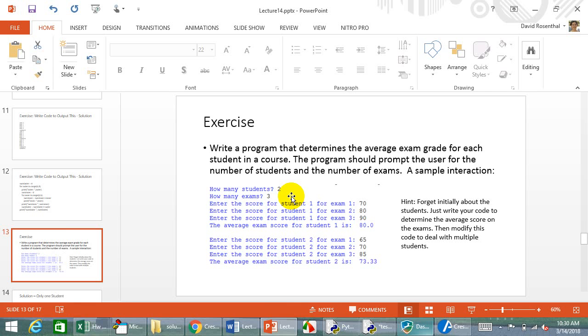What if I said to you, write a program that prompts the person for entering in the number of exams that they give. In this case, they would type in 3. And then print out the prompt, enter in score for exam 1, enter in score for exam 2, enter in score for exam 3, read in those values, and print out the average. Could you do that? Forget about n students, 2 students, just 1 student. So the behavior, what I'm asking you for is, forget about how many students. Let's simplify this and say, just type in